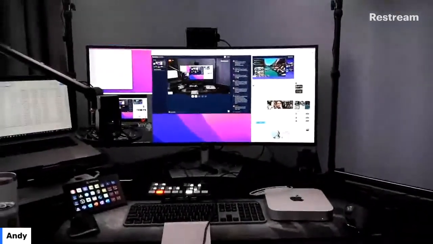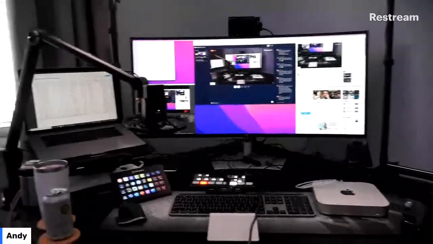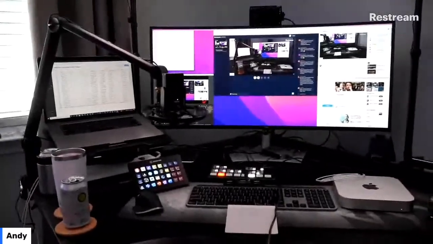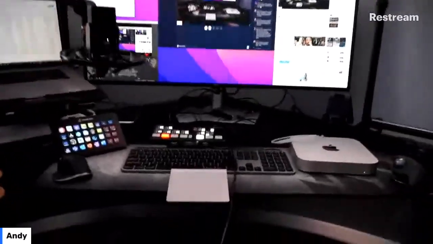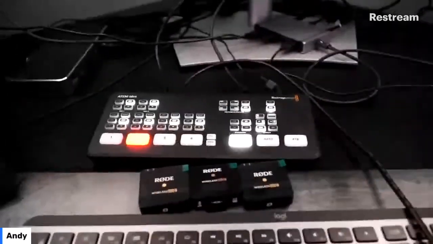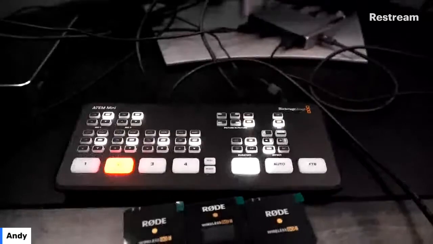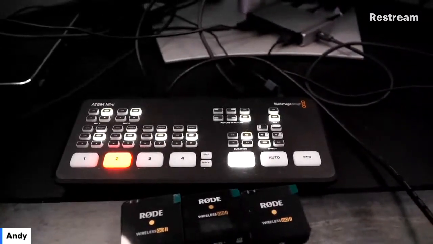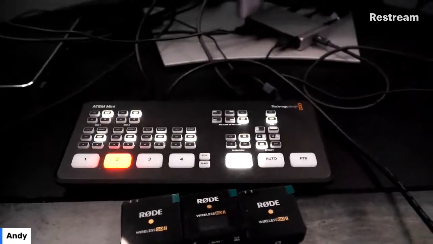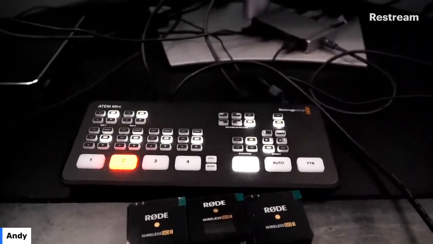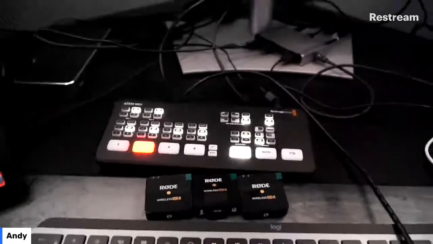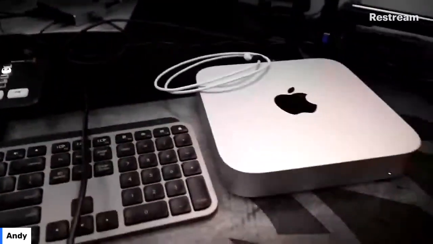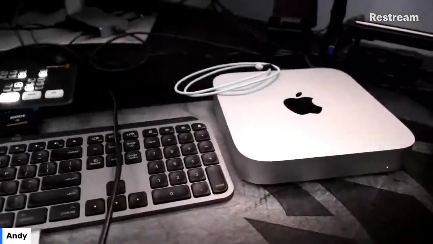So that's the laptop running, migration off to the side. And then coming in right now, what I'm actually doing is running through my capture card. I'm using the ATEM Mini, and I get 2 separate feeds in there, so I can run 2 separate cameras in it, and I can even do picture-in-picture if I need. So that's what you're seeing there. And then all of that's connected to the Mac Mini, and that's powering the whole thing.